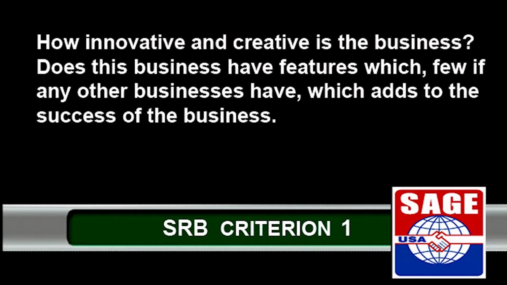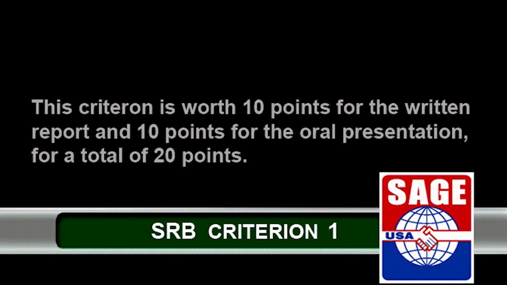Now that we've covered the components of a presentation, let's review the 5 judging criteria on which you will evaluate the written report and the oral presentation. The first criterion asks, how innovative and creative is the business? Does this business have features which few, if any, other businesses have, which add to the success of the business? Now, this criterion is worth 10 points for the written report and 10 points for the oral presentation, for a